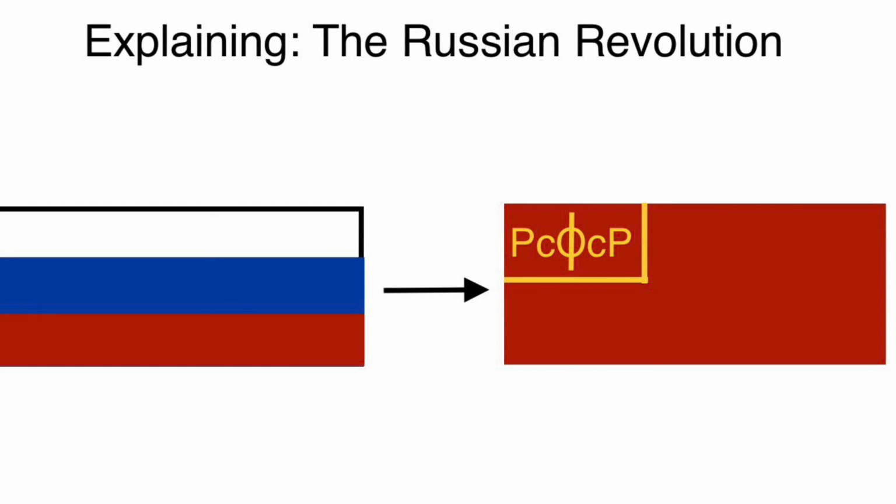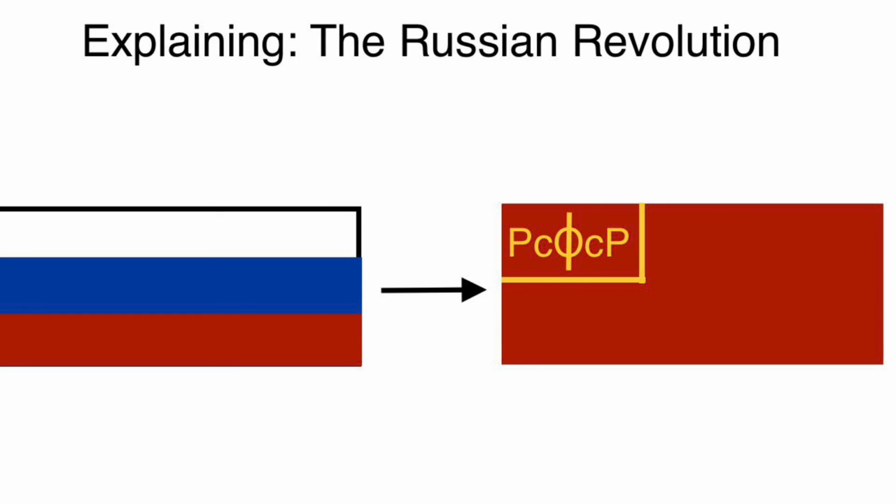In conclusion, the Russian Revolution was a period of social and political revolution which took place in the former Russian Empire